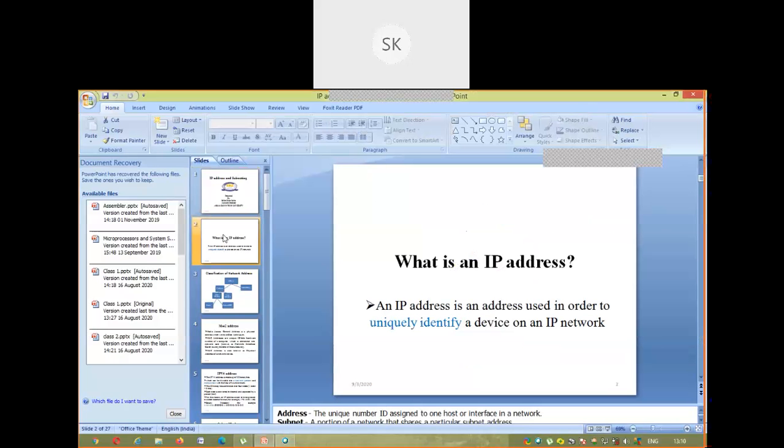If we want to define IP address, an IP address is an address which is used in order to uniquely identify a device on a network. Okay,